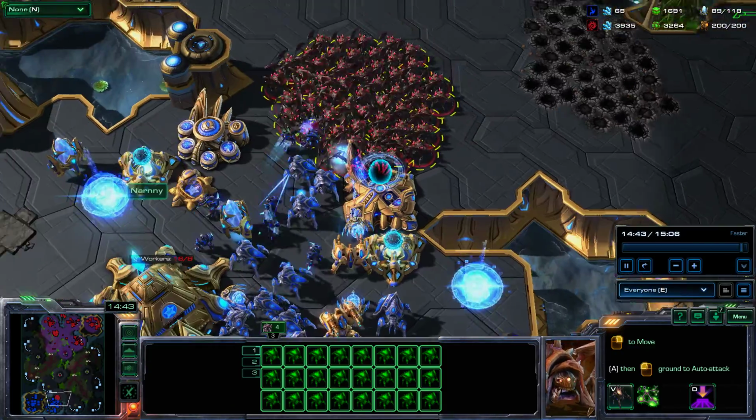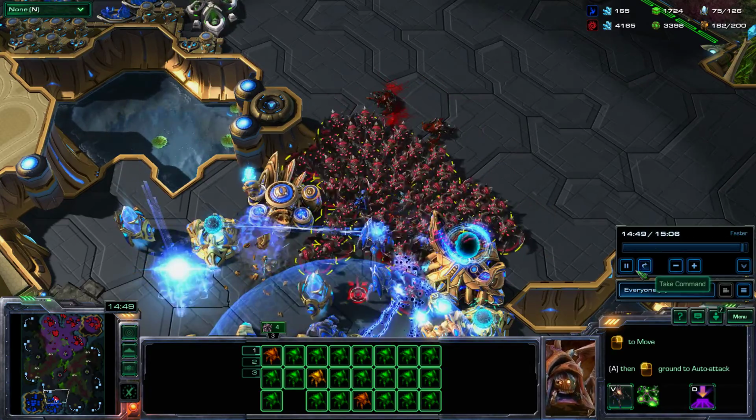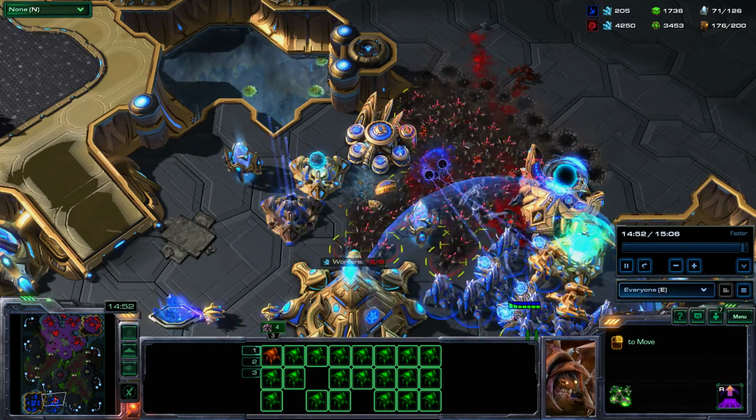The idea here is to just constantly run in. That's exactly what I'm doing, and I'm targeting the pylon. You need to target the detectors. Even if he might have an observer, you want to make sure that you're at least killing the photon cannon, because just in case he doesn't have detection, you'll still be okay, and you'll still be able to wreck him, whoever your opponent is. Now I burrow underground,